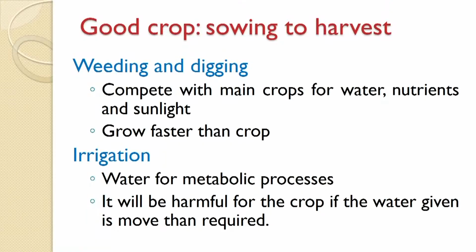So when we sow the seed in the field, after some time there will be a growth of other types of plants from the soil. Actually the soil is a seed bank of various types of weed, and when we apply fertilizer and irrigation for the growth of the plant, these other plant seeds can also germinate from the soil, and these plants are called weeds.